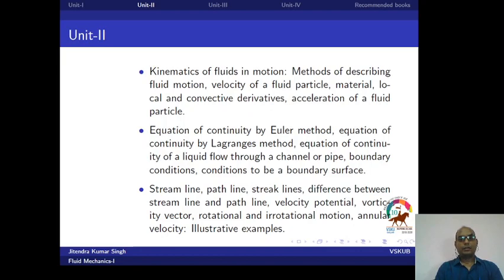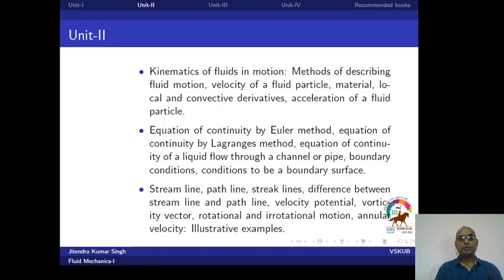In Unit 2, we shall discuss how to describe the motion. There are two ways to describe a motion. It's called spatial description or Eulerian description, and material description or Lagrangian description. We shall describe the motion by these two ways, and then we shall find out the relation between the spatial and material derivatives. We shall find out the acceleration of the fluid particle,